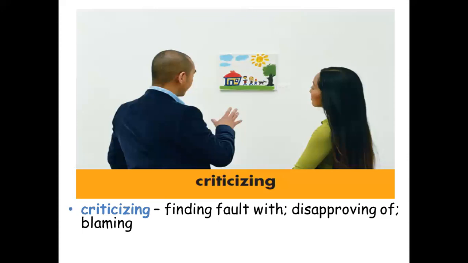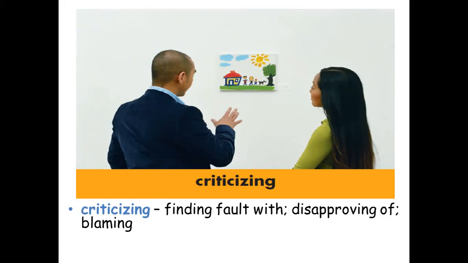disapproving of, or blaming. Criticizing is when you find fault with something or with someone. You don't like something. You don't like the way something is done. So you are disapproving of it. You are blaming someone for it. You are finding fault. For example,